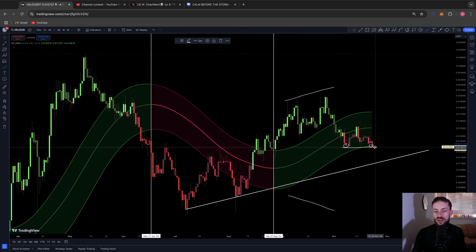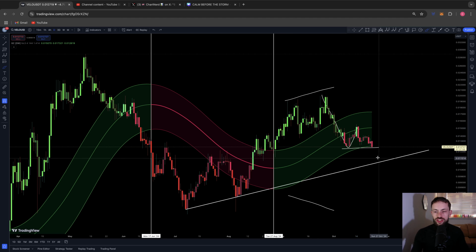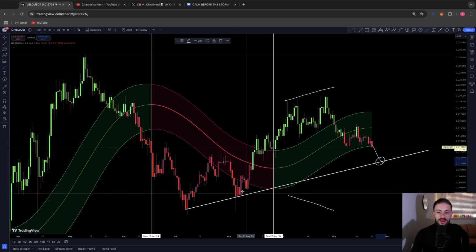So if we do see the closeout today above 0.0129, I think we are looking okay and potentially could put a double bottom in. But really and truly, because of this wave down and then the fact we had this run up into resistance of the mid band and now we've come back to the low band, if this fails to hold, then essentially what we're looking for is this ascending trend line for support moving forward for VELO, and that could confirm this